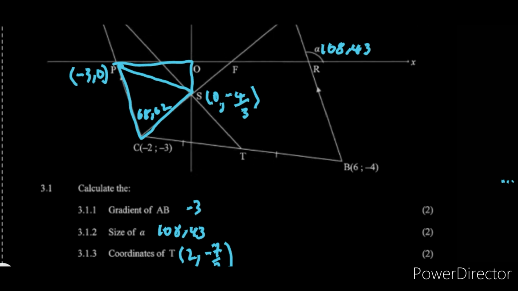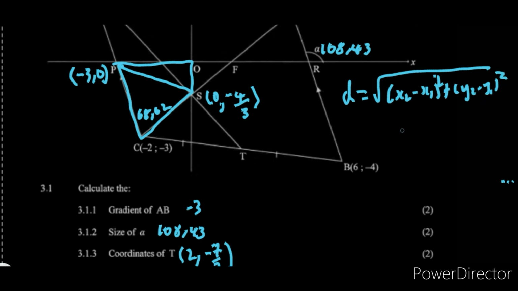So we can simply find the distance by using the distance formula. We also have the coordinates of this stuff, so let's use the distance formula on this one first. The distance formula is d equals the square root of (x2 minus x1) squared, so let's not forget the square, plus (y2 minus y1) squared. So now we're going to have d equals the square root of